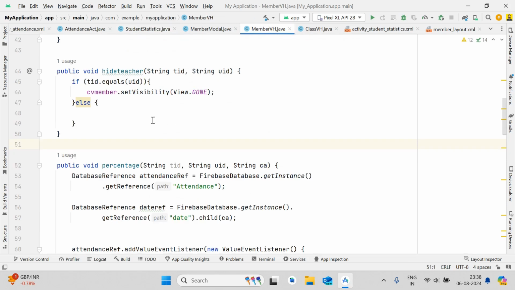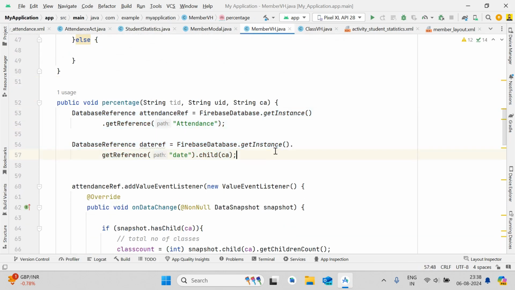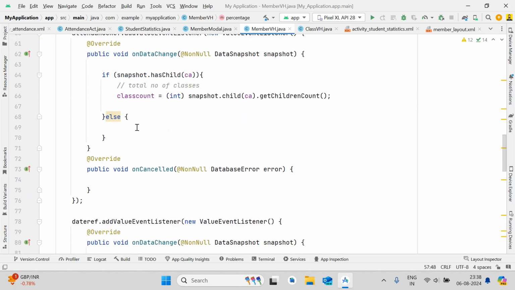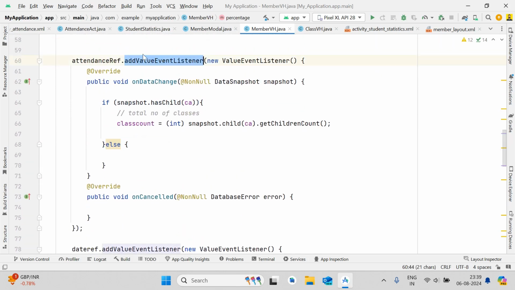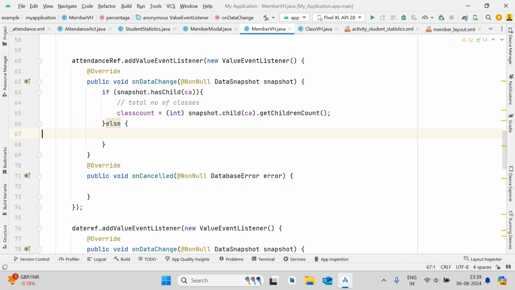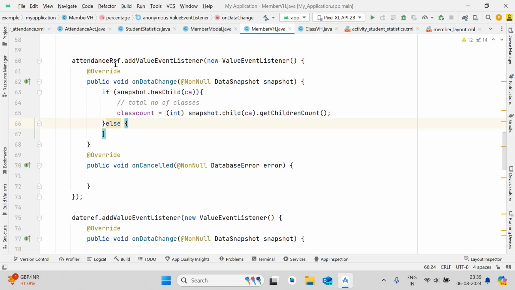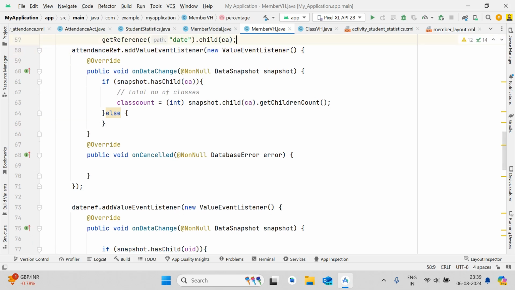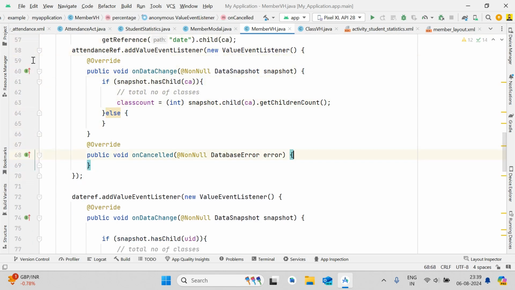Okay, now after that, inside this percentage you have to simply write these two database references. Then again you have to use the add value event listener for getting the total number of classes and getting the total number of classes the student attended. Okay, and now you can see the complete code on the screen. I'm not hiding anything. You guys only have to pause the video, write down the code, and there is no hurry. You can do it